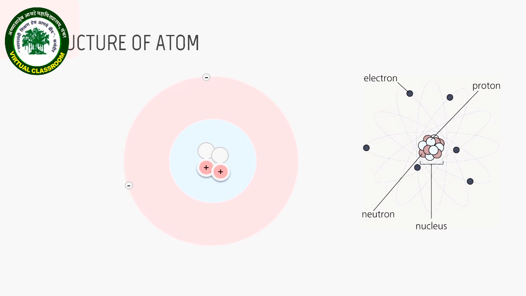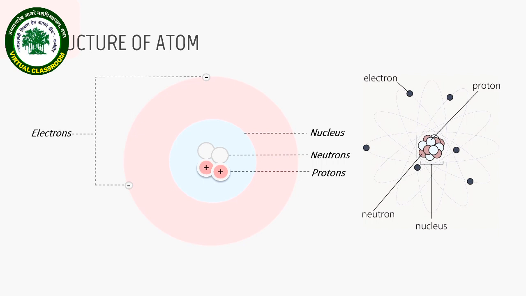Pertaining to the structure, an atom consists of three basic particles: protons, electrons, and neutrons. The nucleus of the atom contains the protons, which are positively charged, and neutrons, which have no charge, while electrons, which are negatively charged, revolve around the nucleus in the outermost region of the atom called electron shells or orbitals. The arrangement and the number of these particles confers different properties to atoms.